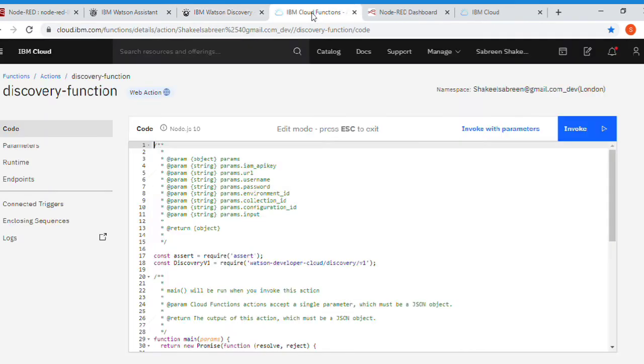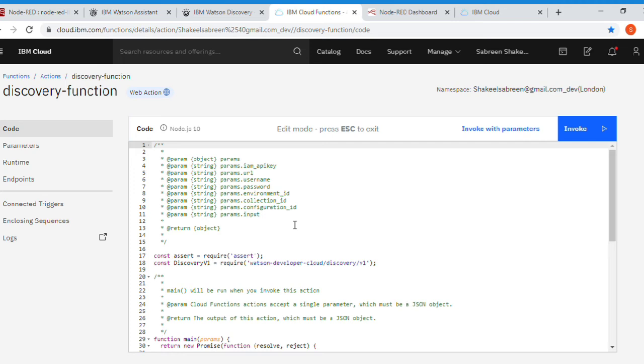This is our cloud function. Basically, it creates an action for the discovery part and then gives it to the assistant. In short, the cloud action creates a link for the discovery part, which is then given to the IBM Assistant. Whenever an out of scope question is passed to this action, it communicates with the discovery part and the assistant. You can see the code written here.